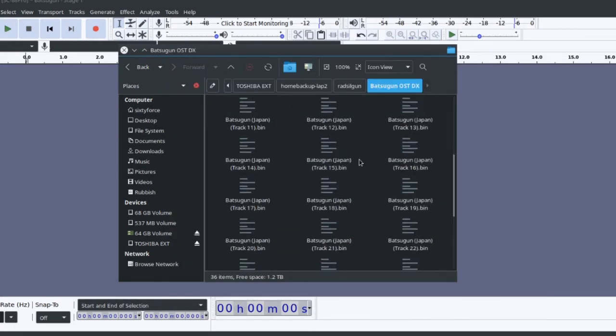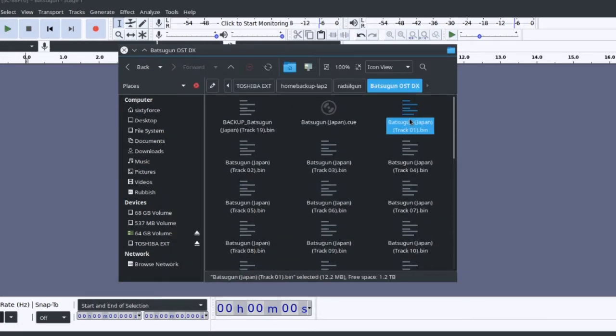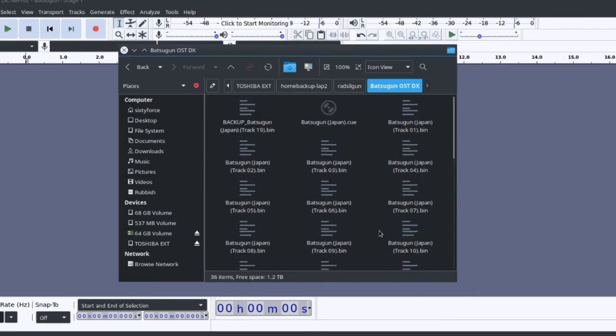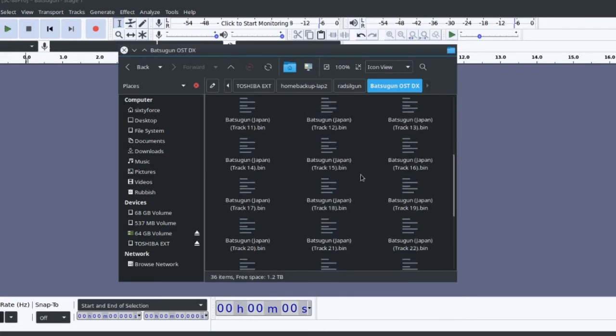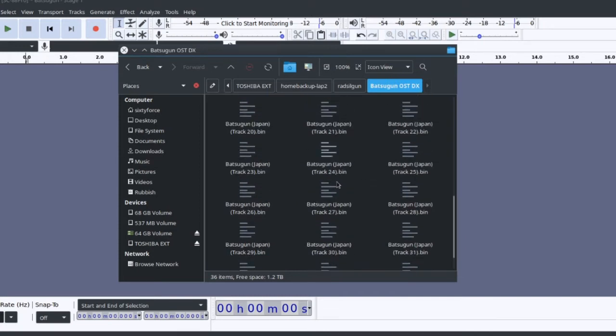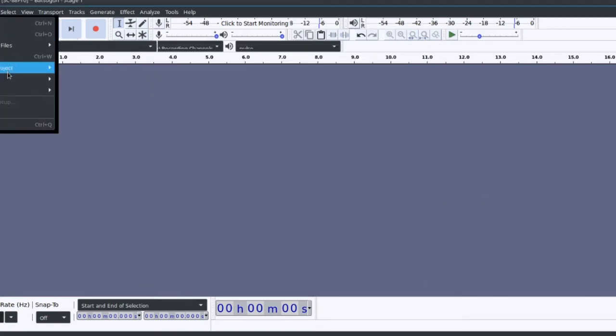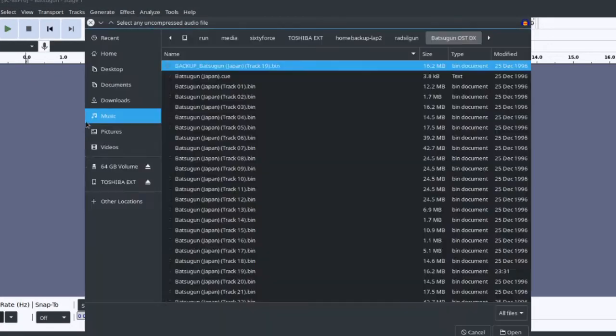But the rest of these, this is the game data over here on track 1, and the rest of this from track 2 onwards is just wave data. This is just raw wave data. Or at least I was unsure of it, because I thought, oh, well, these are just CD audio tracks. They should just be pure wave data. You should just be able to import these, and Audacity should read it just fine. So let's import this as raw data,